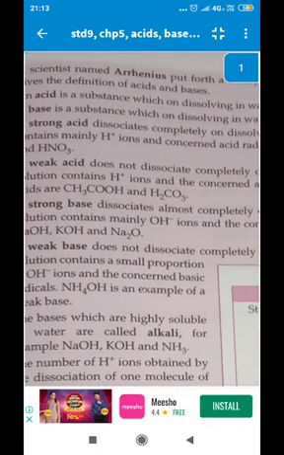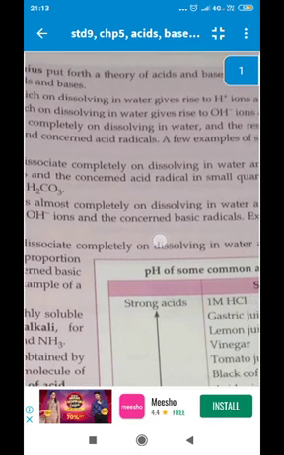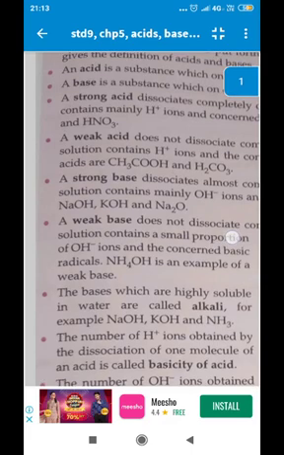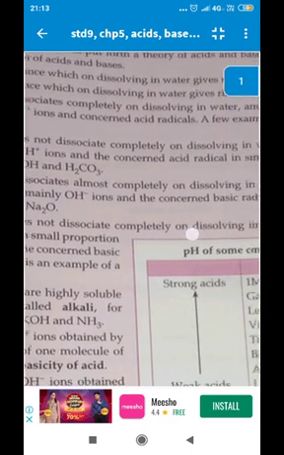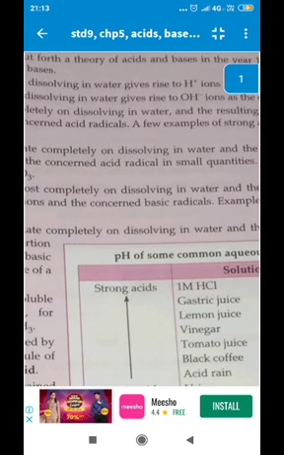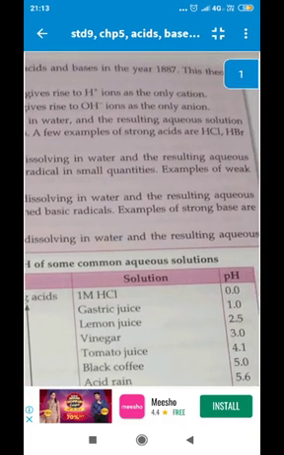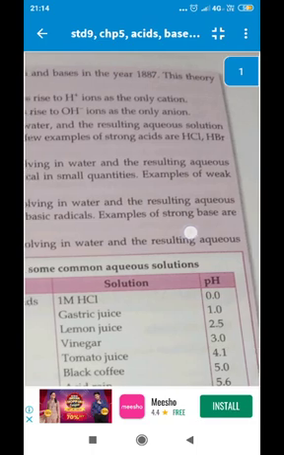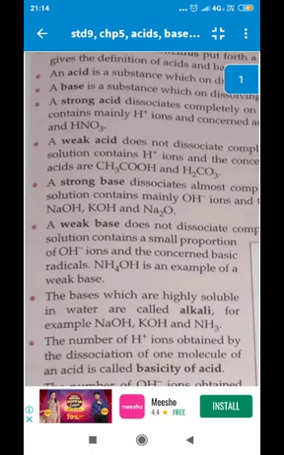A strong acid dissociates completely on dissolving in water, and the resulting aqueous solution contains H plus ions and the concerned acid radicals. A few examples of strong acids are HCl, which when dissolved in water dissociates to form H plus and Cl minus. Similarly, HBr dissociates in water to form H plus and Br minus. In the same way, nitric acid, when it dissociates in water, gets converted into H plus ions, cations, and NO3